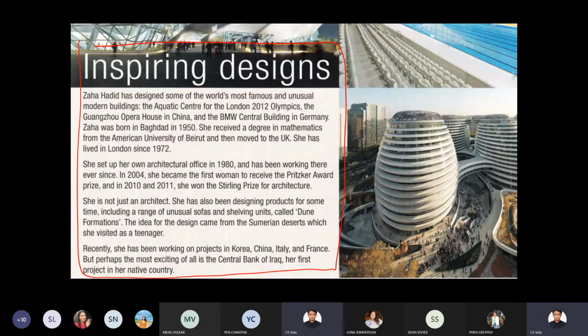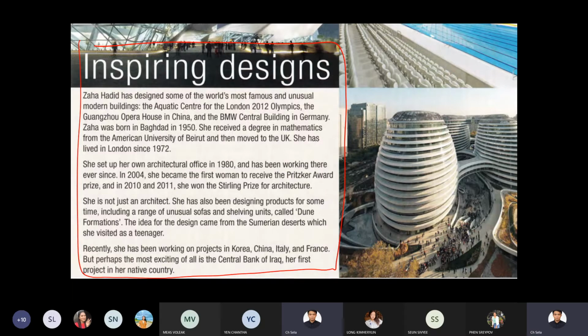She set up her own architectural office in 1980 and has been working there ever since. In 2004, she became the first woman to receive the Pritzker Prize, and in 2010 and 2011, she won the Stirling Prize for Architecture. She is not just an architect, she has also been designing products for some time, including a range of